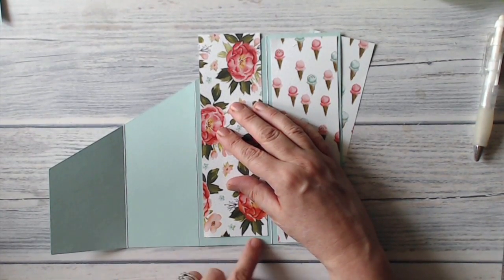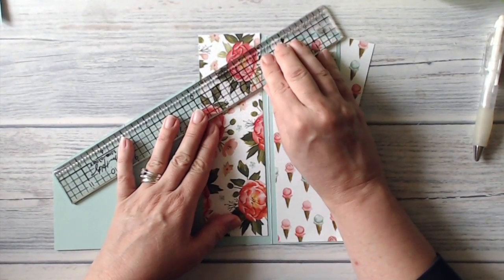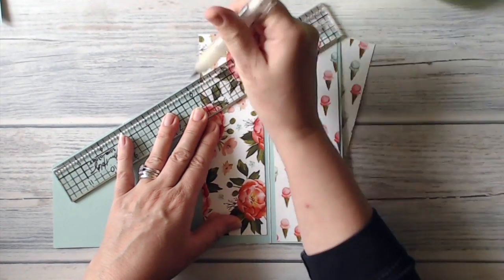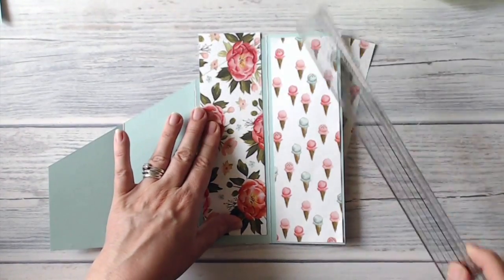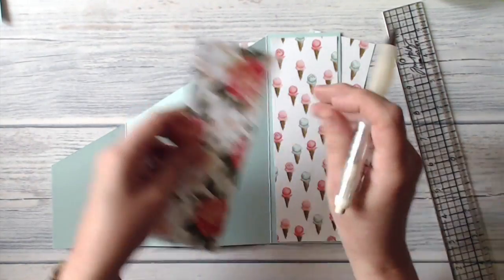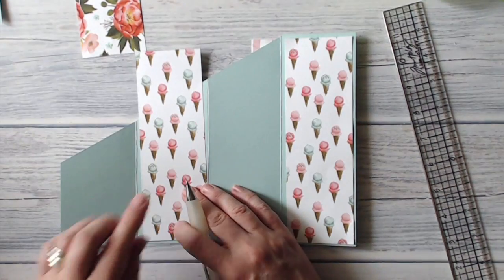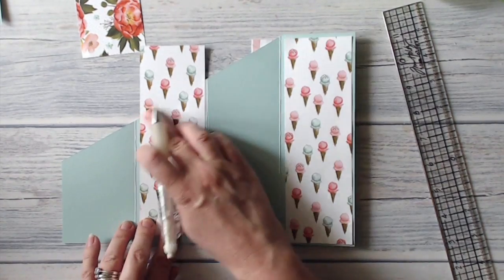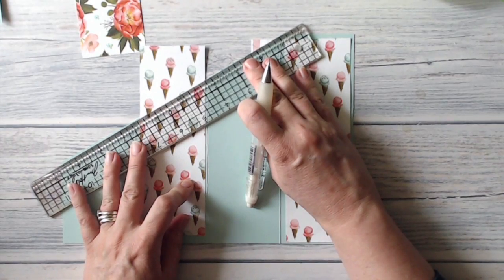and I'm just going to move that so I'm about 1/4 inch from the bottom, and I've got my ruler and I'm matching it up with the angle that I've cut. I've got a pencil and I'm going to mark along that way. So in theory that angle when I cut it will be reversed. Right, now for the next piece I want that to be that way up. So again I'm moving it up so it's about 1/4 inch from the bottom, because I want about 1/8 inch at the top there, and I'm bringing that down,